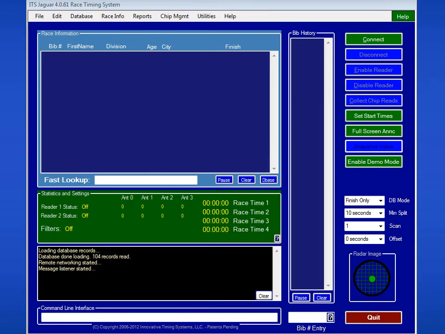In this module, we're going to be talking about how to set advanced settings for your defaults. And first we want to begin on this screen. You'll take a look down at the lower right and you'll see some options here that you can change. Things like database mode, minimum split, scan, and offset. Let's talk about what those mean, and then in just a moment I'm going to show you how to set